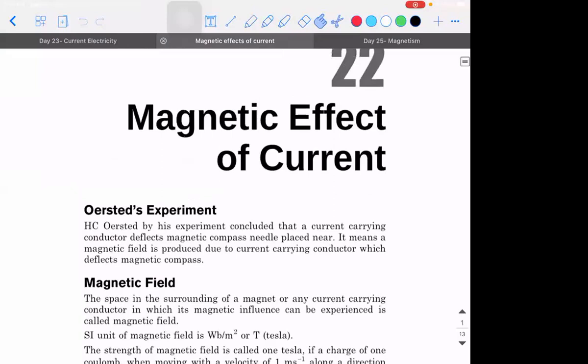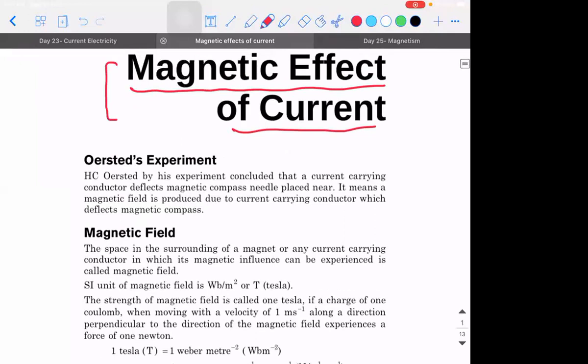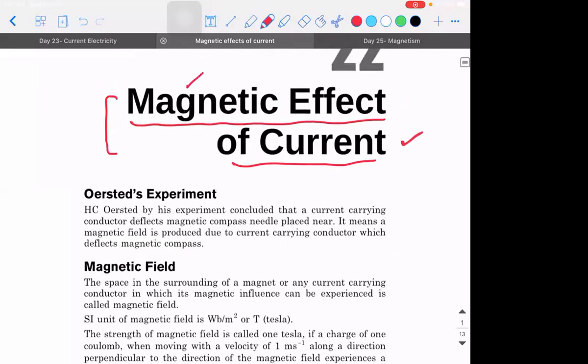Okay. Now see. So in this chapter, magnetic effect of current, what are all the important laws that we have discussed? So what does this chapter mainly speak about? That when there is a current flowing through a conductor, what is the field that is present around the conductor? It is the magnetic field. That's what the chapter speaks, right?